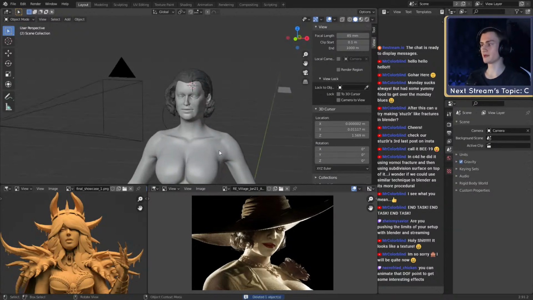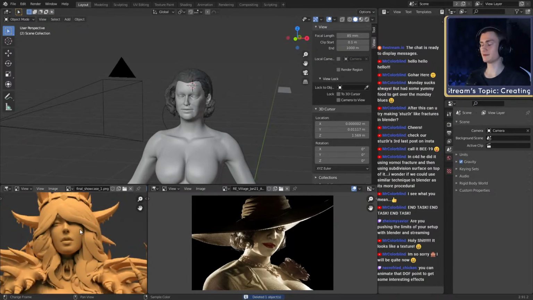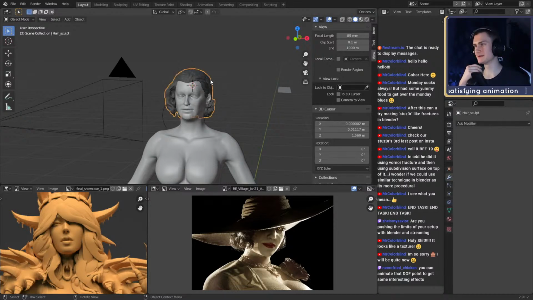The only problem I had with this character is that I applied so many textures to it that it wasn't really real time anymore. So I'll try to keep the amount of hair textures I have to apply to the character quite low.